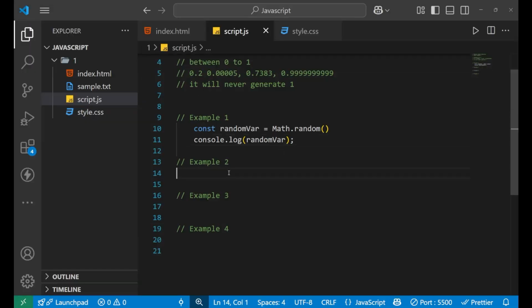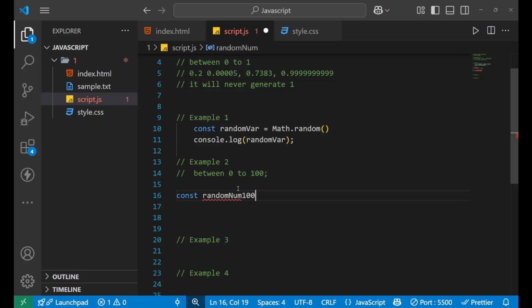Now let's go to our second example. The second example is if you want to generate a number between 0 and 100. You saw earlier that it was generating a value between 0 and 1. Now I want the value to be between 0 and 100, because this is something we normally use in our big projects, when we need some percentage and so on. For that reason we use Math.random, and how we generate the number between 0 and 100, that's what we are going to learn. It's basic math. We will write const, let's say random